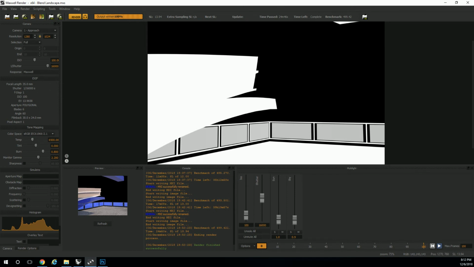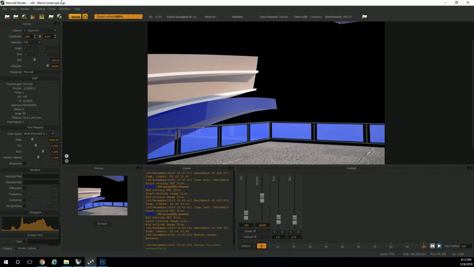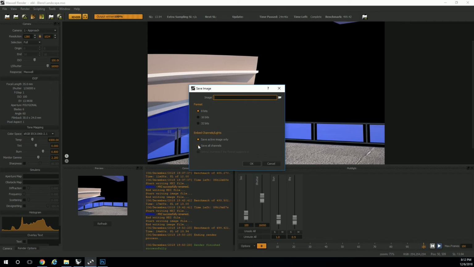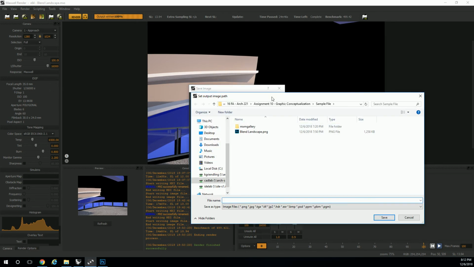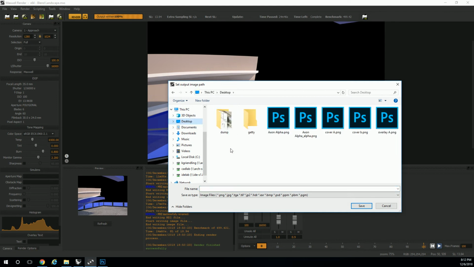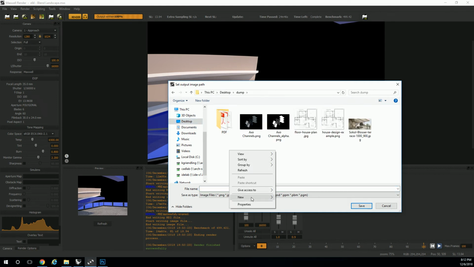But let's take this thing into Photoshop. What we're going to do is save the file. So go up to the image save. Make sure you check on save all channels, and then navigate to where you want to save it. So I'm going to temporarily save it in my dump folder. I'm going to call this one